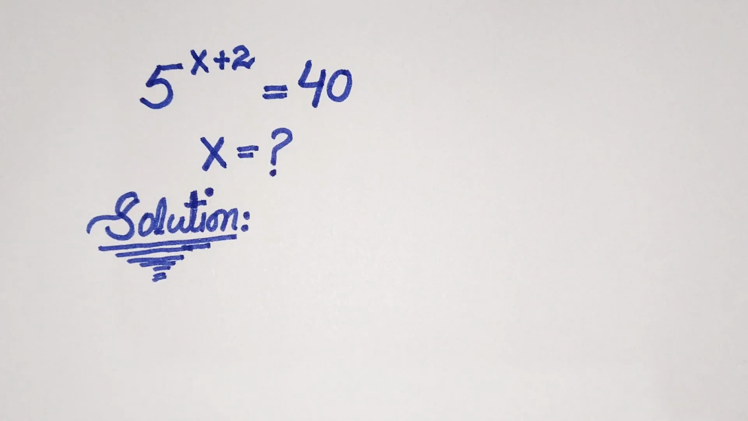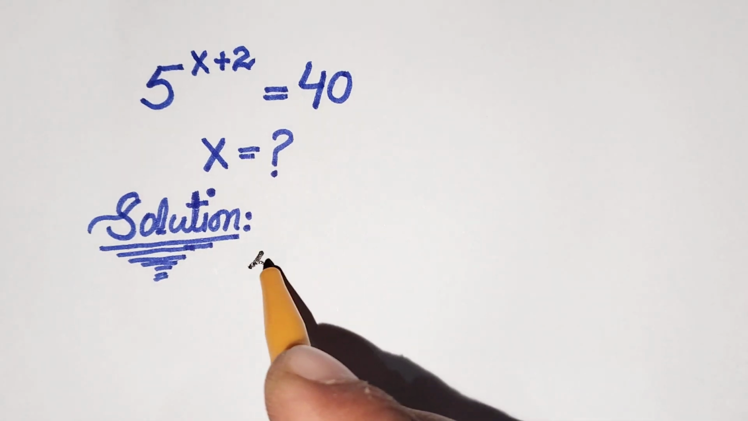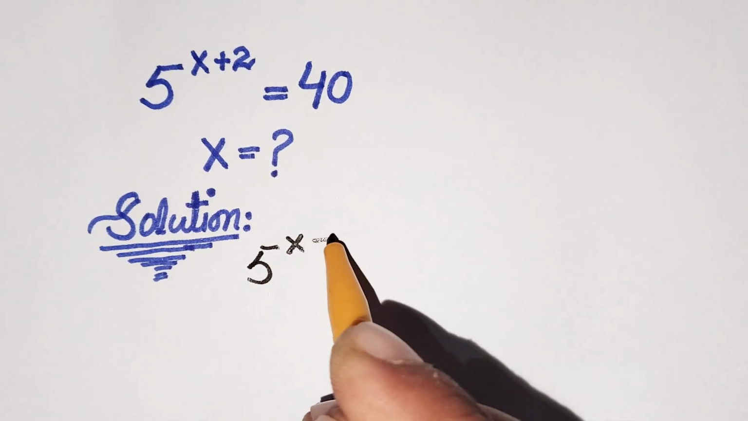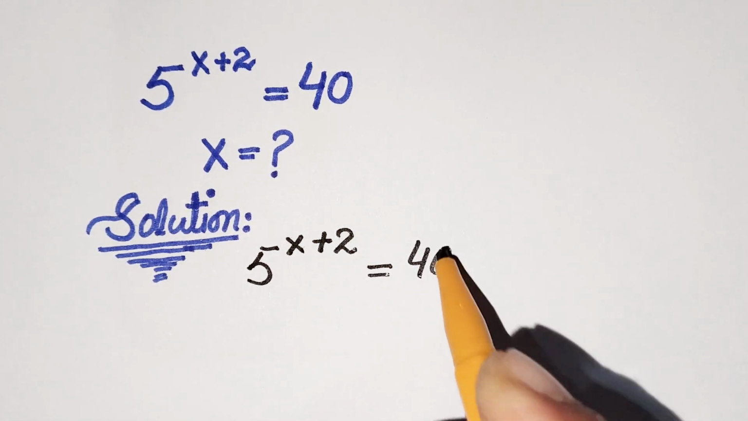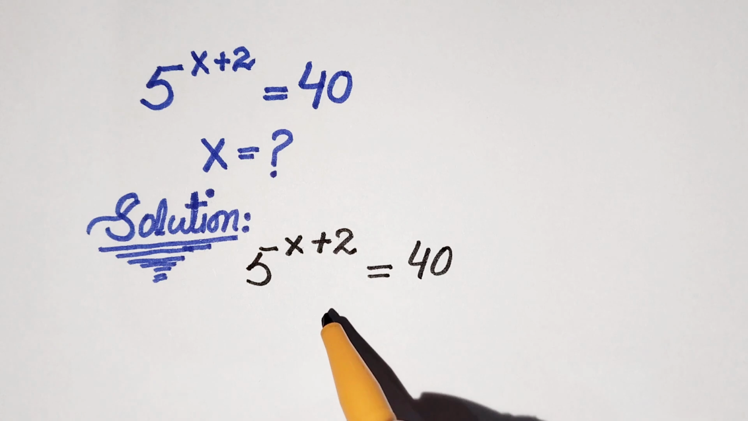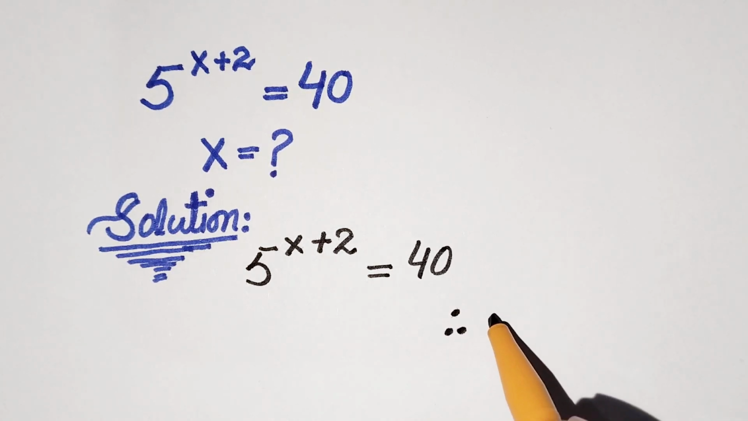So today we have an equation in exponential form, and we have to find the value of x. First of all, we are going to write 5 raised to the power x plus 2 is equal to 40. Now, as we know by the exponential law,